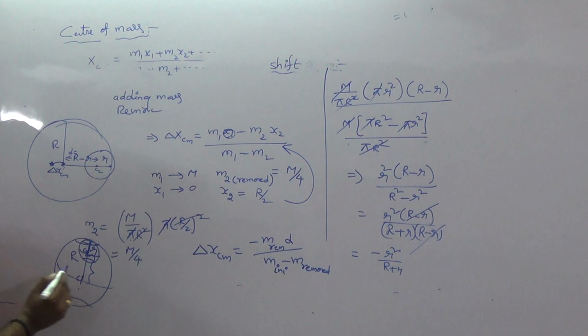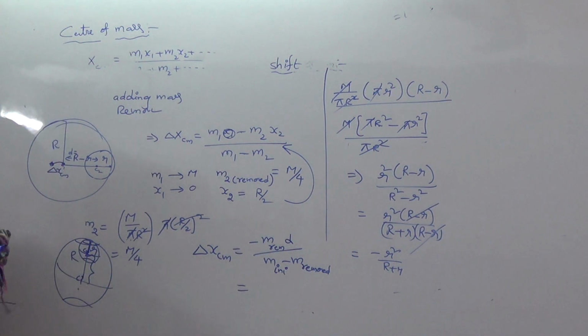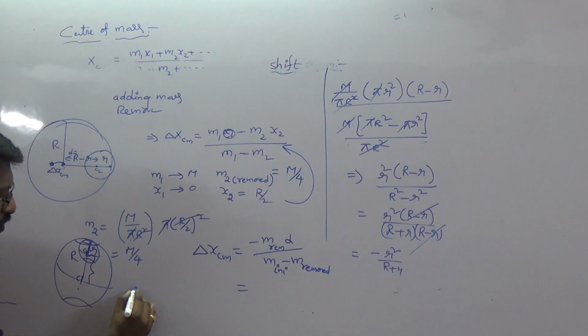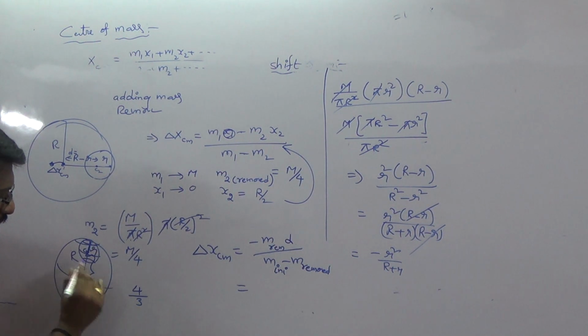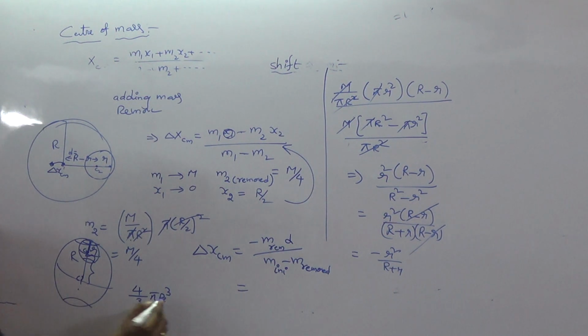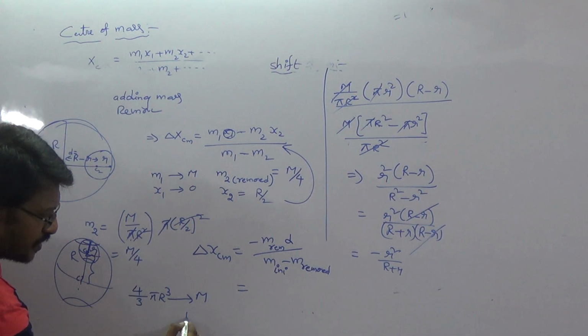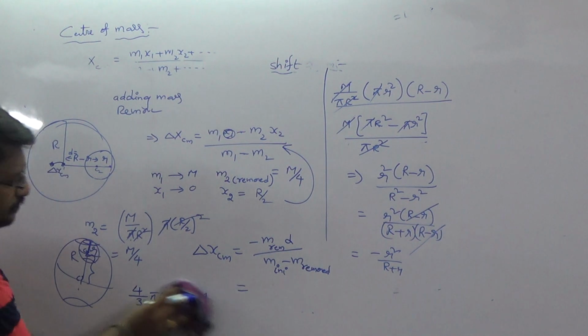So this is the d. Here also you get here, but mass, in this case, we can calculate. This is the two-dimensional body. Space is the three-dimensional body. So we can get here the volume concept, like the mass of the removed body. Initial radius is capital R. So 4 by 3 pi r cube, that is the volume of the sphere. So in this volume the mass of the sphere is capital M. Per unit volume means you get here M by 4 by 3 pi R cube.